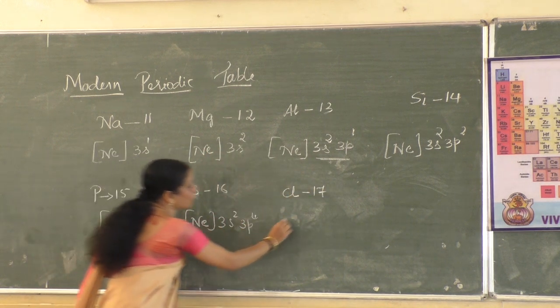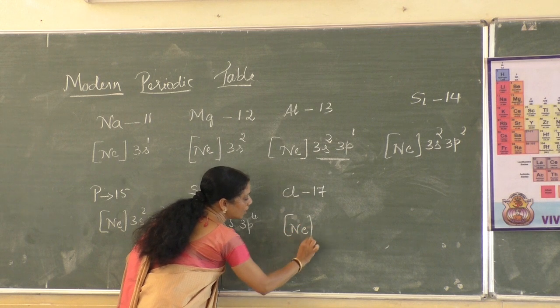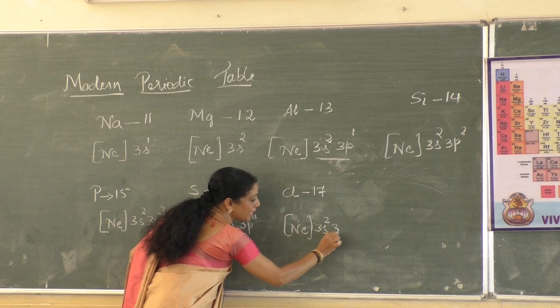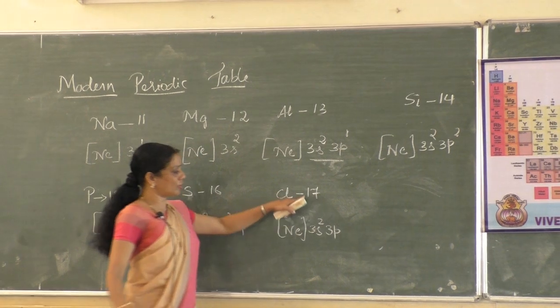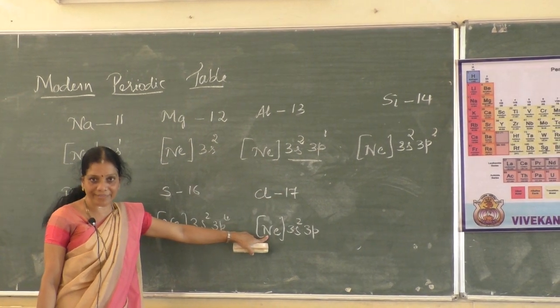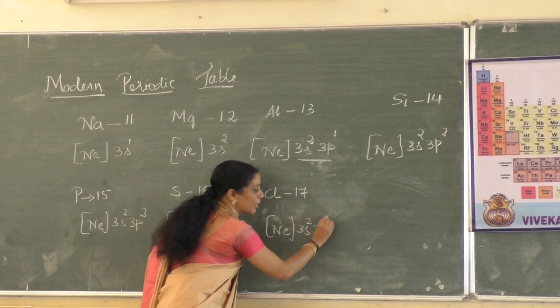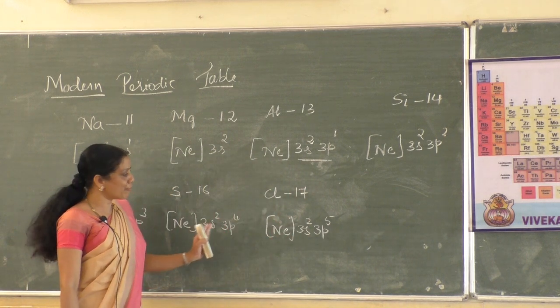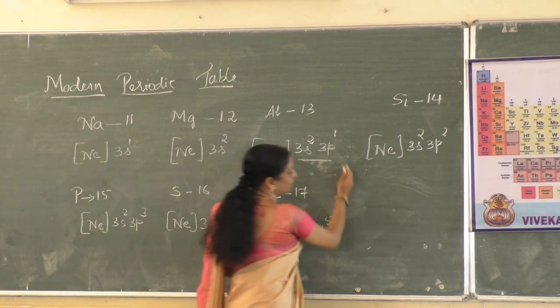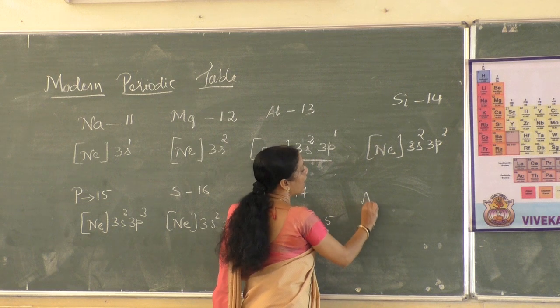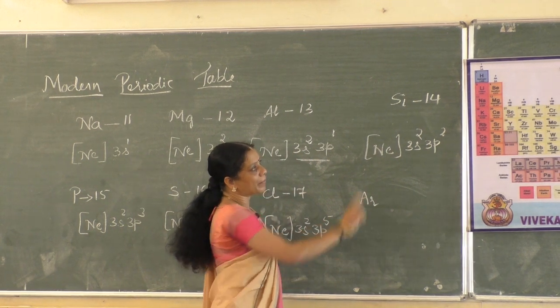If I write the electronic configuration, neon, next comes 3s2. Next, here, how many electrons remain? 12 electrons I have written. How many remain? 5 more electrons, isn't it? 3p5. And the last element of the third period here is argon with the atomic number